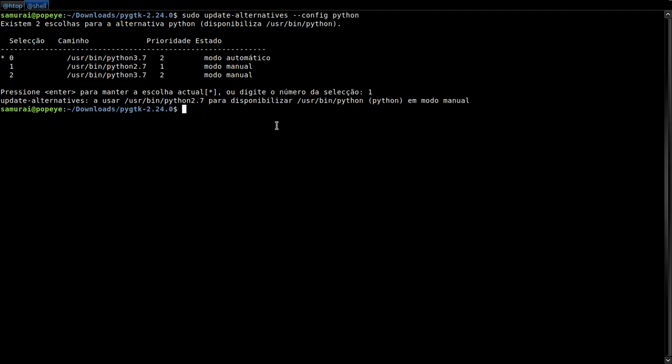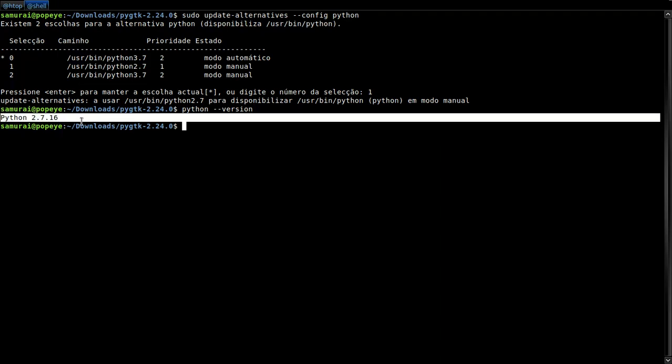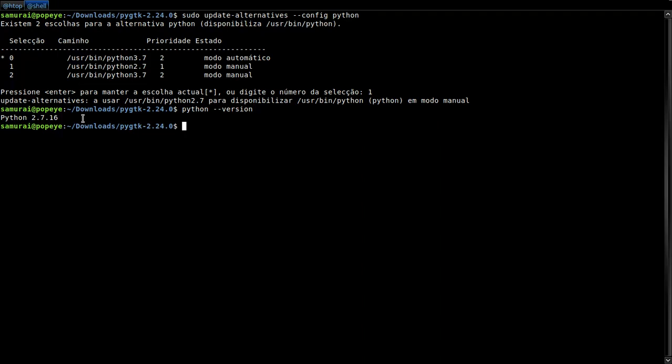So now update-alternatives is using Python 2.7. Good. Just to double check, let's see again. Python minus version. Okay. Now we have Python 2.7. So what we should do now? I suggest to do something like this. Sudo make clean.